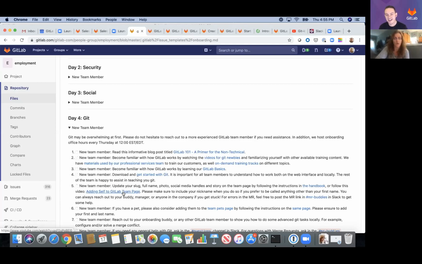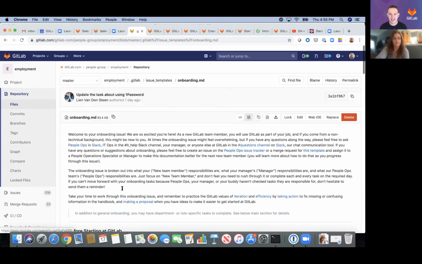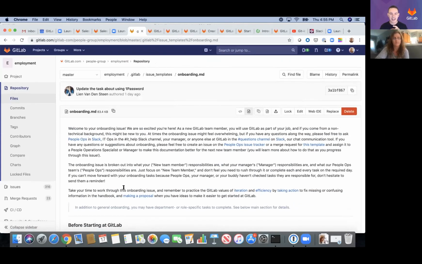If you scroll up a little bit to the top, you'll see that there is an option to edit, like I think I showed you earlier, but there's also the option for the WebIDE. Okay, I have to move my little screen share there. Oh yeah, the Zoom, right? Yeah. So if you click on WebIDE,